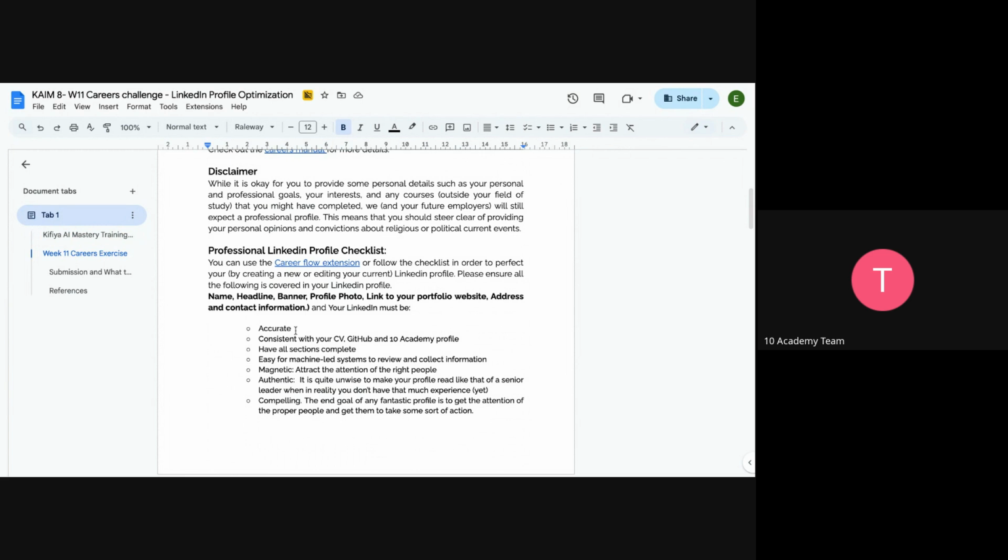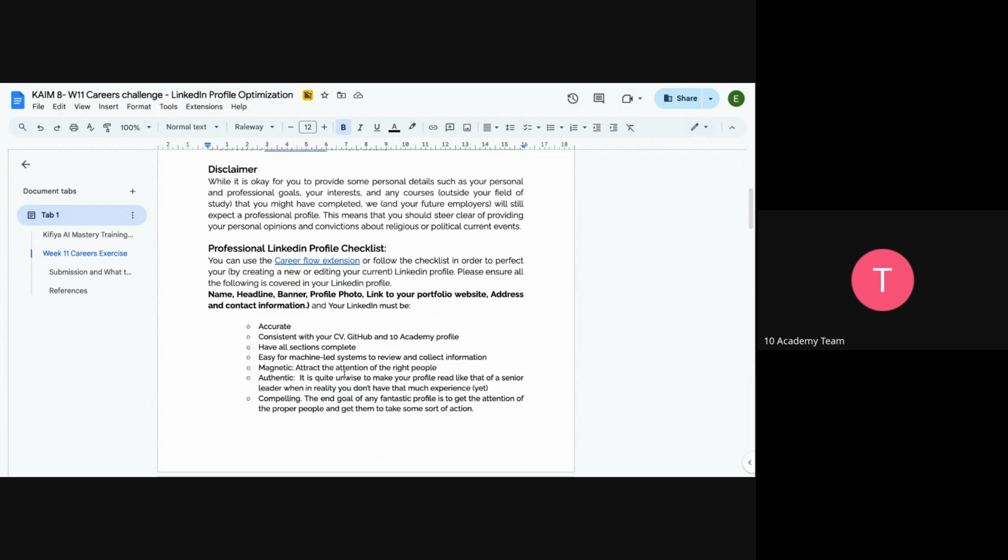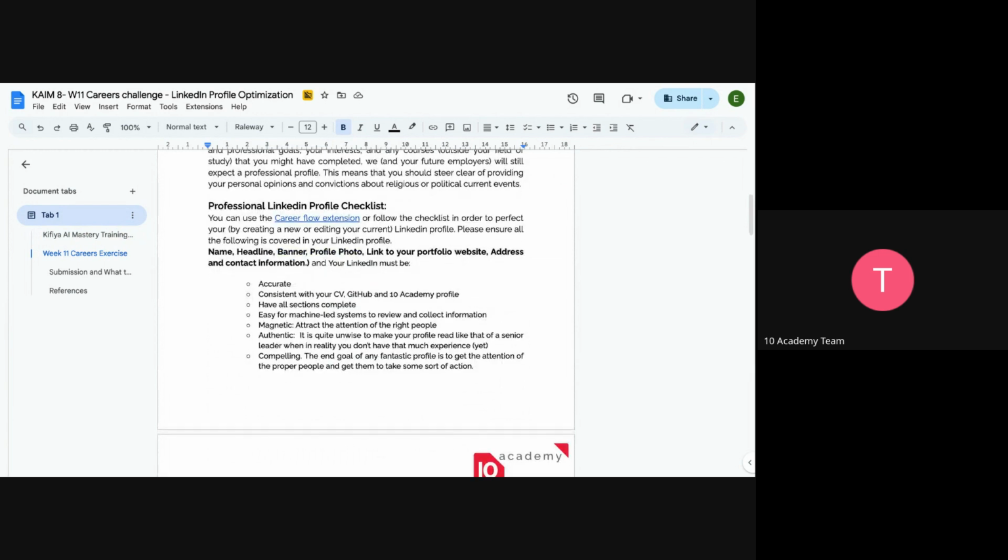Accurate, consistent with your CV, GitHub, and academic profile. Have all sections complete, easy for a machine-led system to review and collect information. But also your CV must be magnetic, attract the attention of the right people. Authentic, it is not wise to make your profile read like that of a senior leader